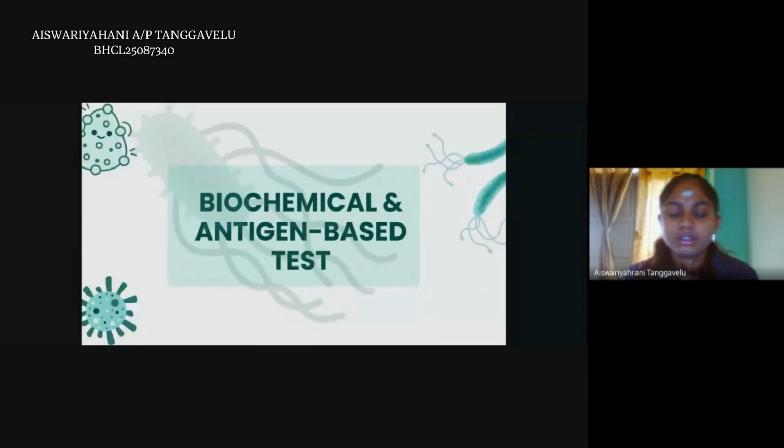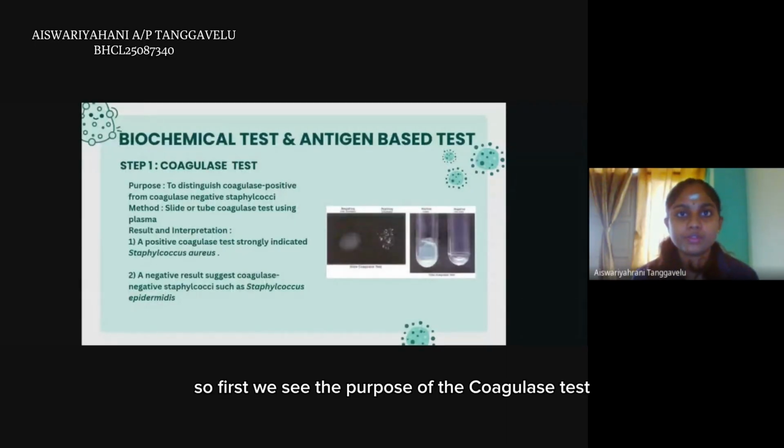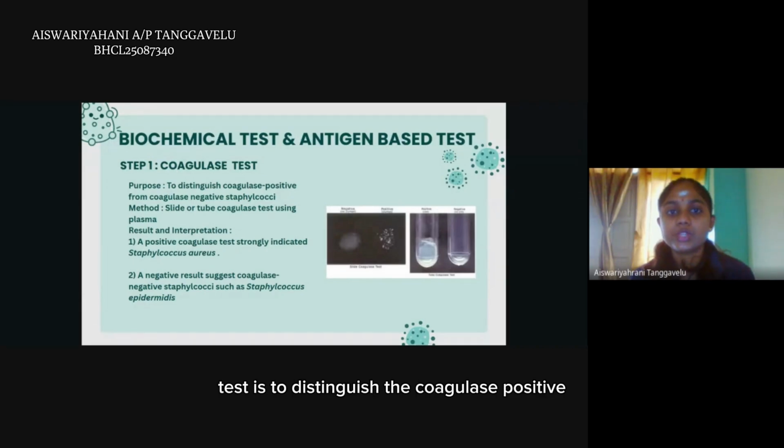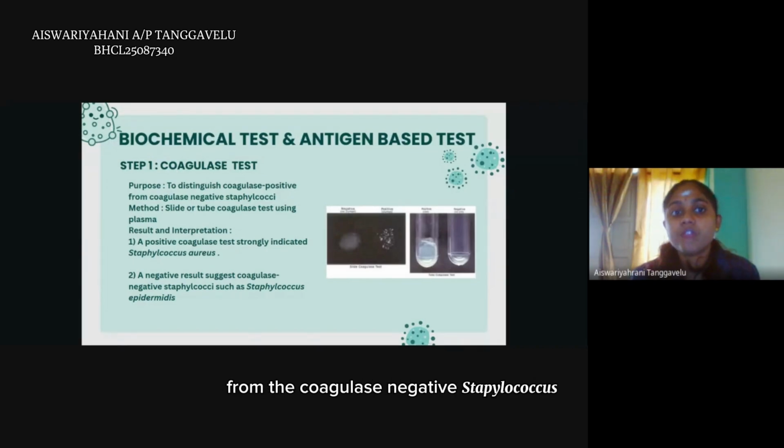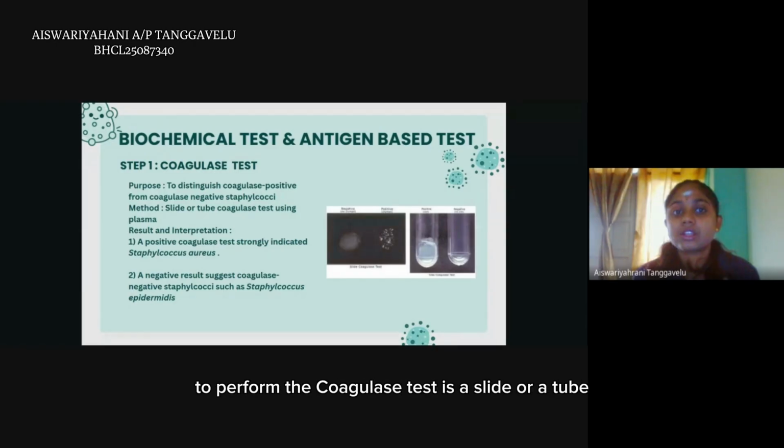So, the coagulase test. First, we see the purpose of the coagulase test. The purpose of the coagulase test is to distinguish the coagulase-positive from the coagulase-negative staphylococci. The methods that we use to perform the coagulase test are a slide or a tube coagulase test